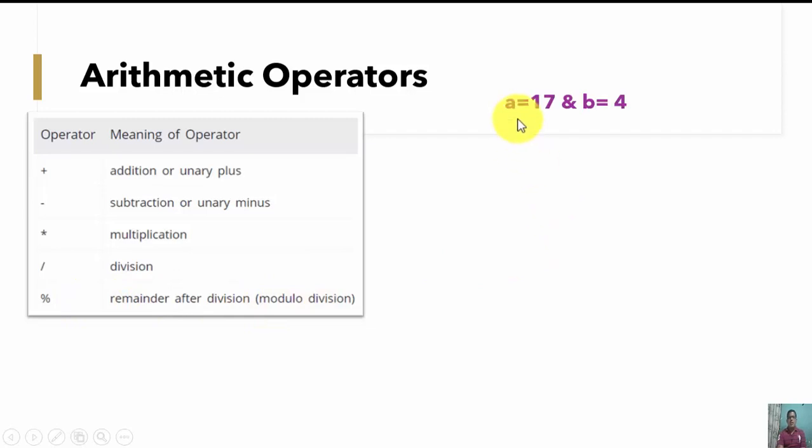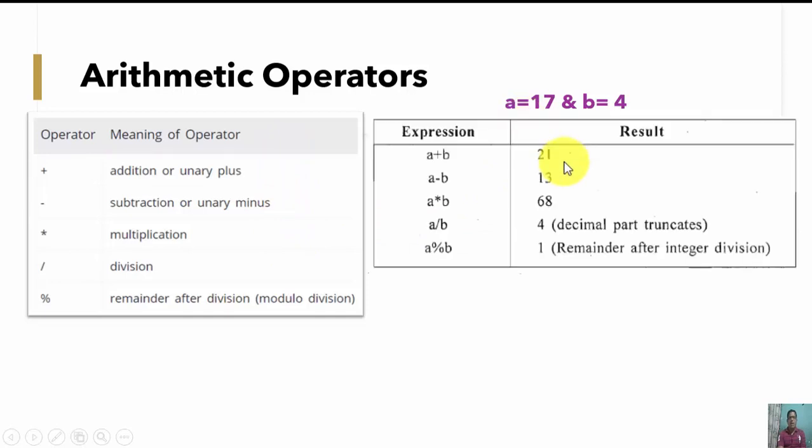Consider two variables, variable A and variable B, with some initial values. For A we are assigning the value 17, and for B the value 4. Now when we apply these arithmetic operators on these variables, we get results like this.